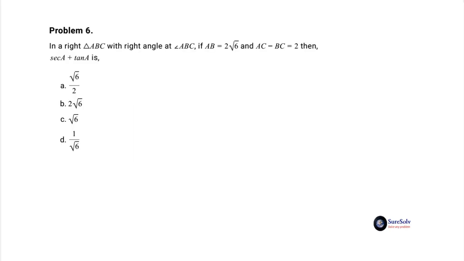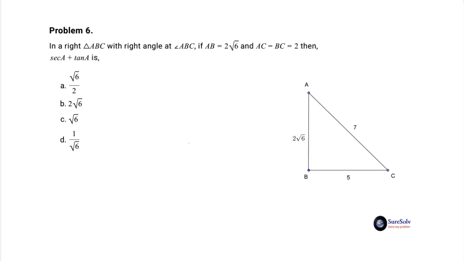Question 6 is, in a right angle triangle ABC with right angle at angle ABC, if AB equal to 2 root 6 and AC minus BC equal to 2, then sec A plus tan A is option A root 6 by 2, option B 2 root 6, option C root 6 and option D 1 by root 6. The figure representing the problem is,